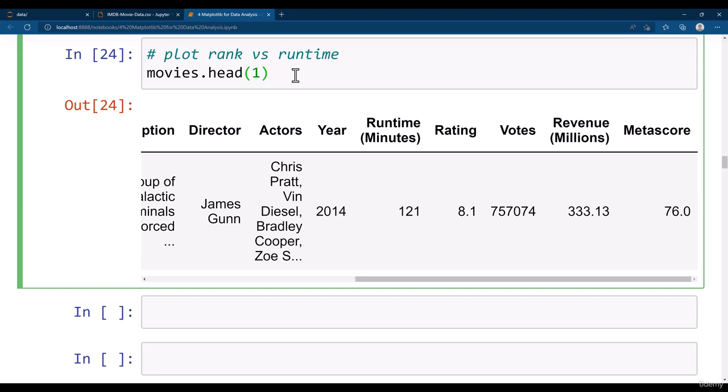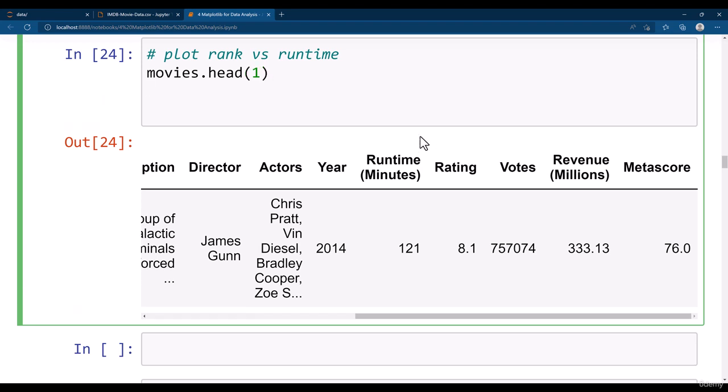Other than that, we will also be looking at the ratings and the votes, and then I'll show you how you can plot multiple plots together. So all of these are going to happen in this lecture. Let's go ahead and move ahead. Start with our figure